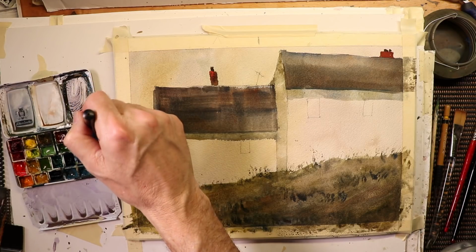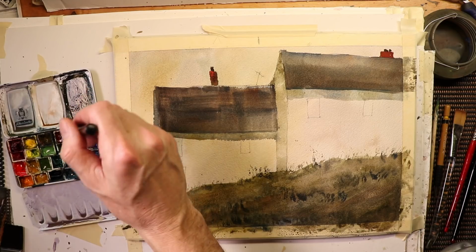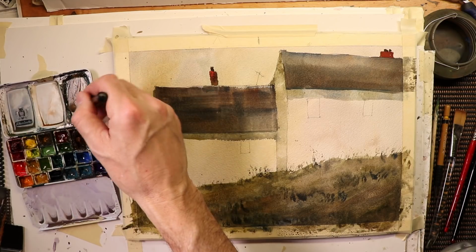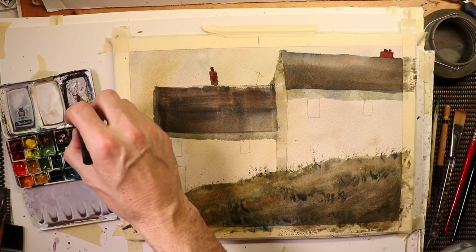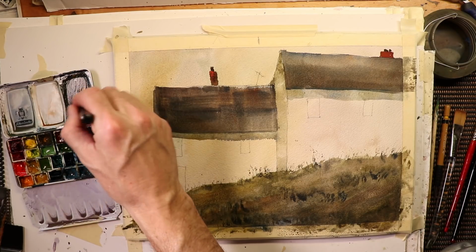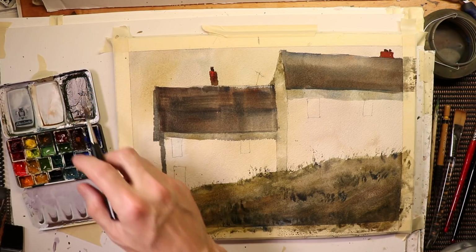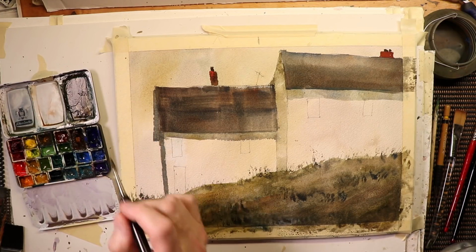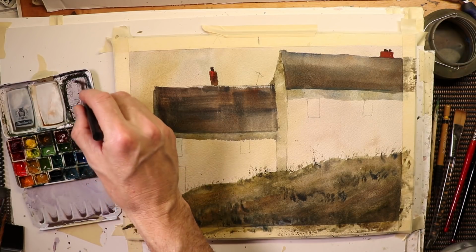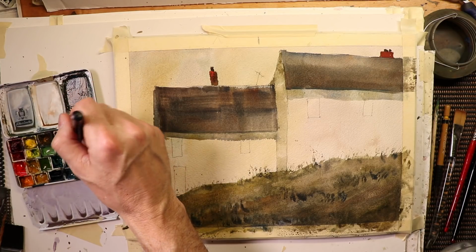So burnt umber and French ultramarine blue is a good base for the dark, but then we have to use our raw umber and cerulean blue because that's really the dominant colors we were using in the painting. So let's recall that we want to keep using the same colors that we've been using all along. So now let's add a darker dark, French ultramarine blue, burnt umber,